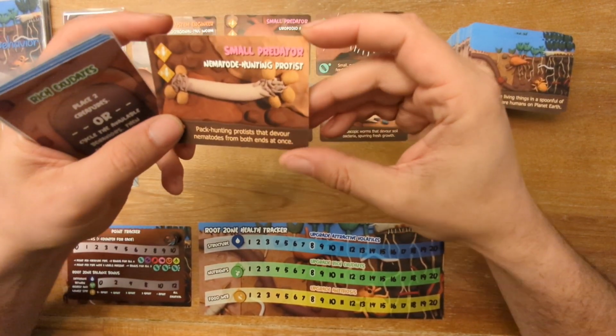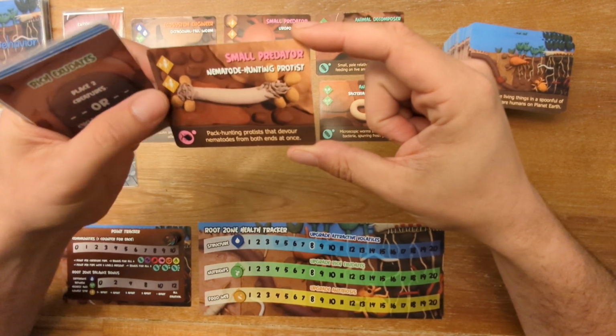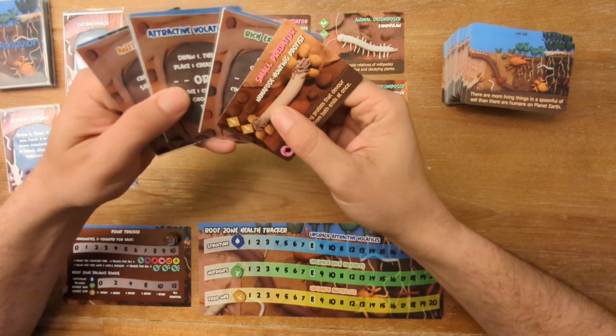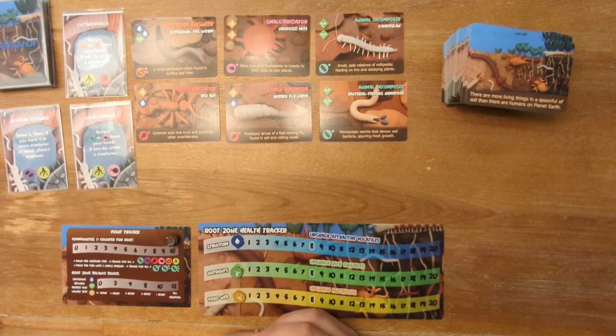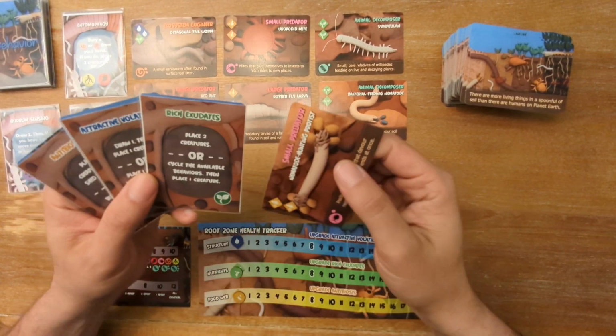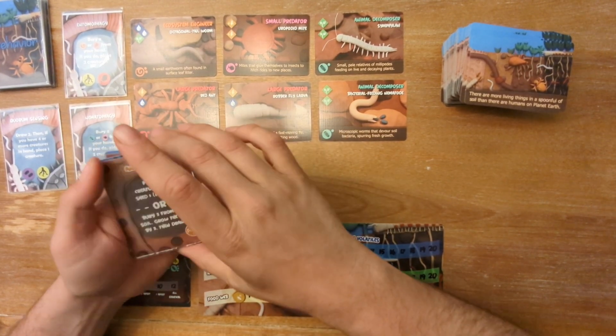So the guy in my hand right now is a small predator. It's a nematode hunting protist, pretty neat, and he helps me build food web in my root zone. So I'm going to start by looking at my behaviors, seeing if I can earn any. I can't at the moment. So I think what I'll do first is I will play